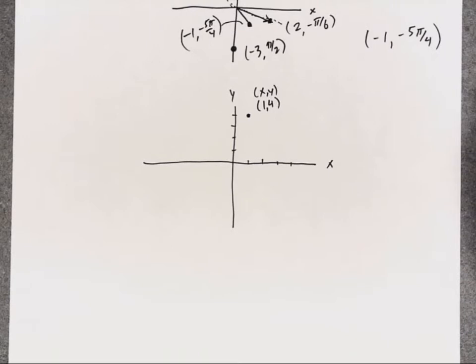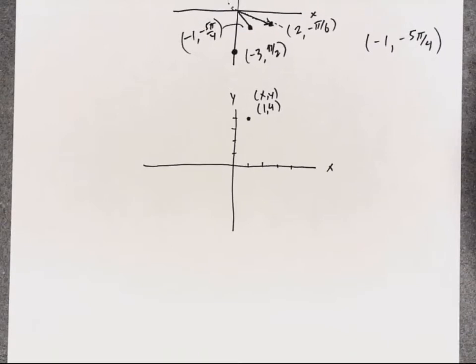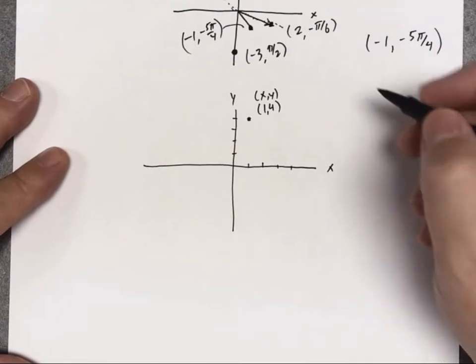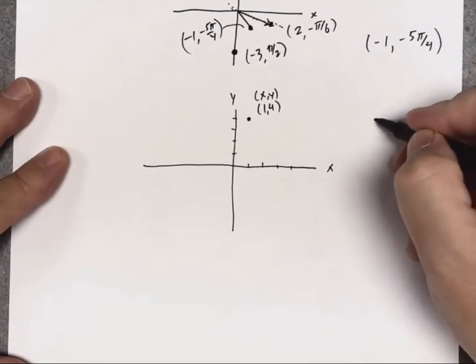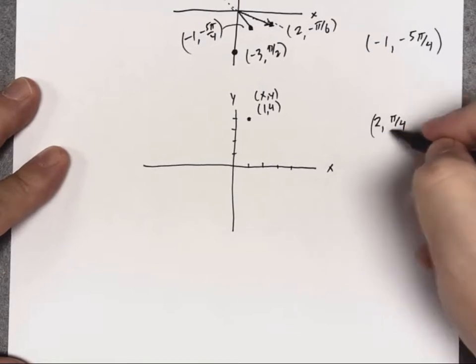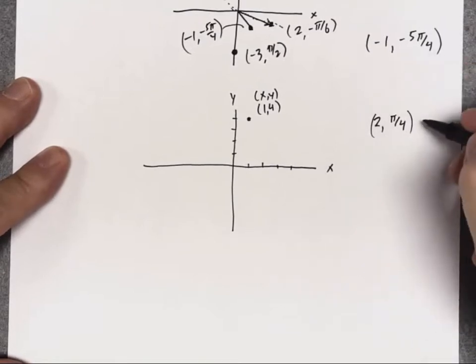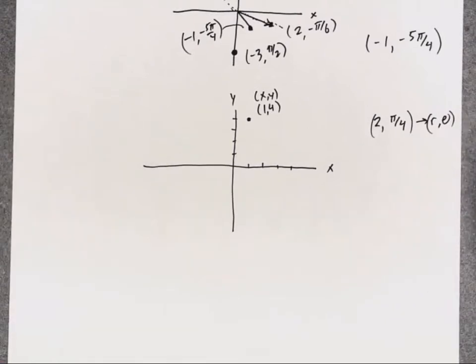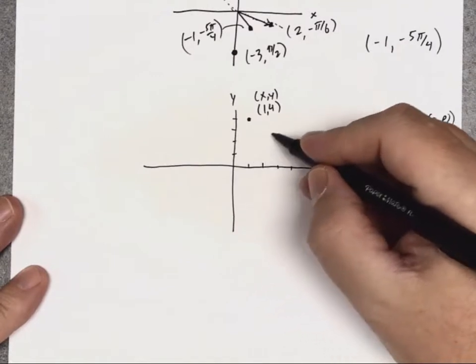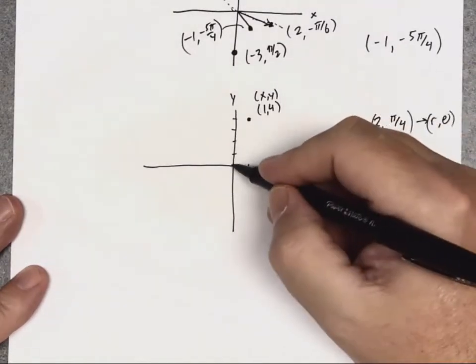There's only one XY coordinate that describes this point. But let's think about, on the same graph, what if I were to plot the point (2, pi over 4), just to keep it easy. So this is in polar coordinates. So I go to pi over 4, which is sort of like a 45-degree angle, distance of 2,